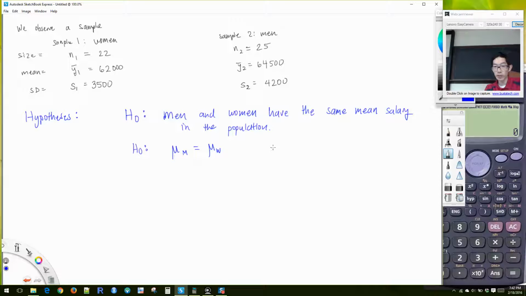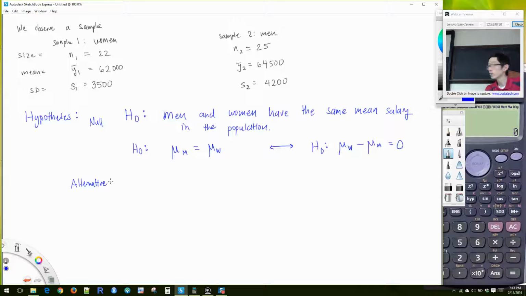Or another way, and this is exactly equivalent, would be to say that if I were to take the mean female salary, subtract off the mean male salary, that difference would be 0. Okay, so these two things are saying the same thing. All right, so that would be our null hypothesis. This one's the null. And then the alternative